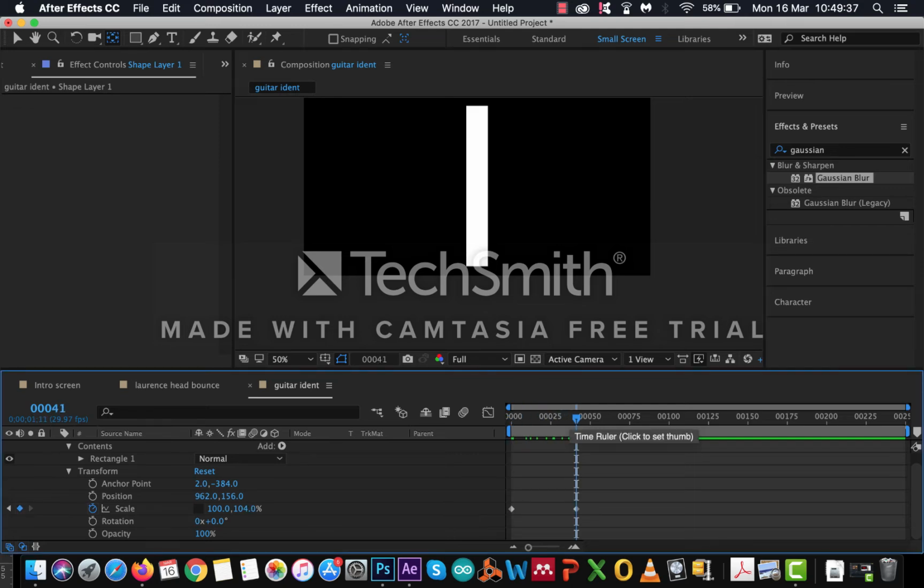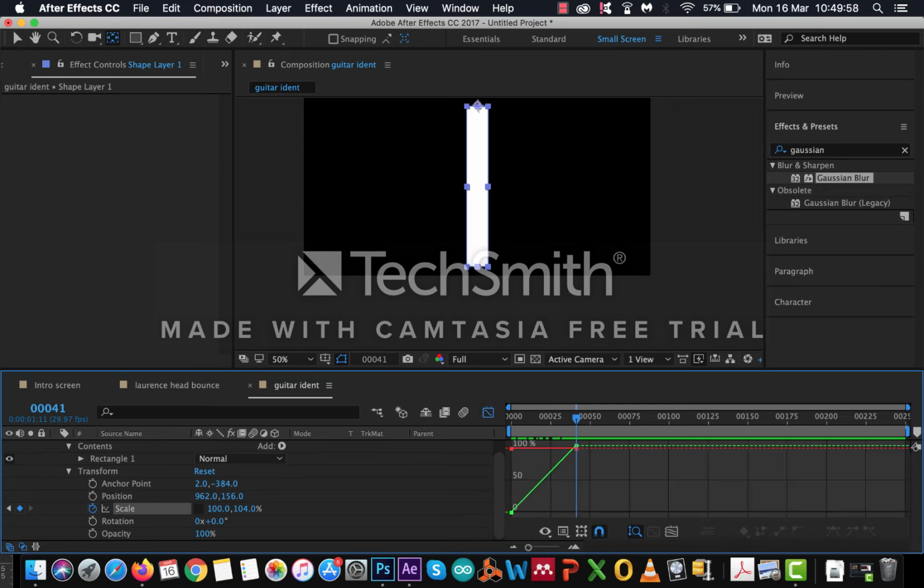Okay, so at this stage, what I want to do is look at the easing, because this animation is happening at a linear cycle, and we can make it a little bit more interesting if we use the graph editor so that it doesn't all happen at the same time. It looks a bit more natural if we do that. So I'm going to go to the graph editor, go to scale, and change this from linear to Bezier so that I've got more control over it. To do that, I choose one of the keyframes and change it to Bezier like that,